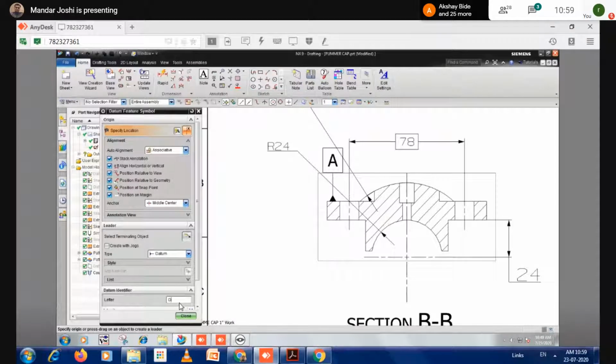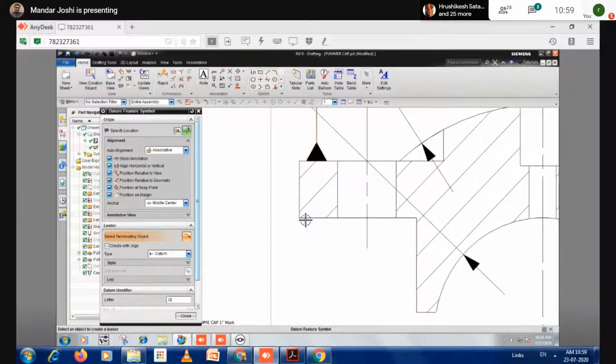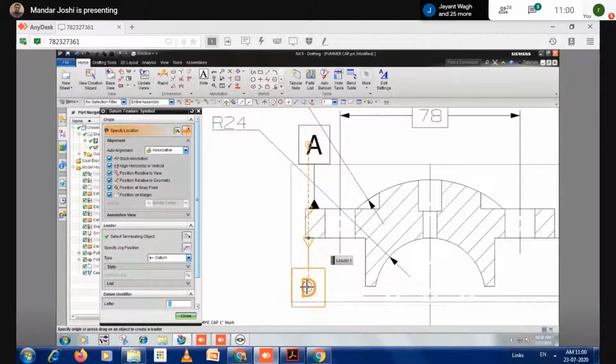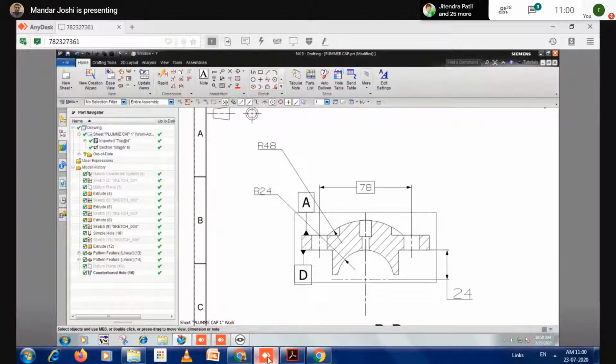This is D, and click here using the leader line. This is datum D.